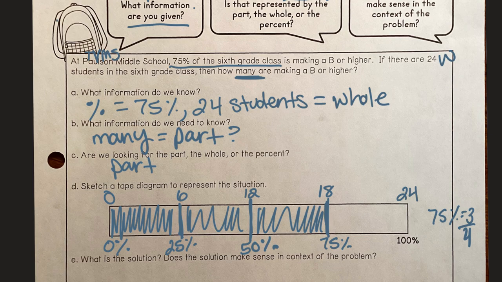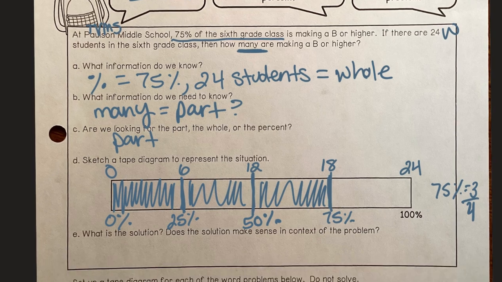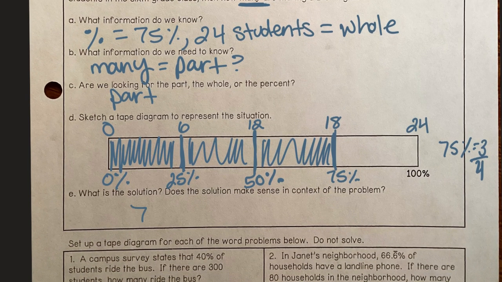So now, what is the solution, and does the solution make sense in the context of the problem? Okay, so we're saying that 75% would be equal to 18 students. Now I know that this makes sense because in my bar diagram, I took my 0 students to 24 students,